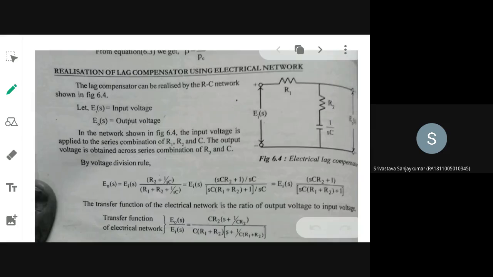Okay, what is equivalent to a low pass filter? Lag compensator. What are the various features? Lag is equivalent to a low pass filter, and there is phase lag between output and input, and it improves steady state performance. Comparing transient and steady state, what performance improvement will it give?